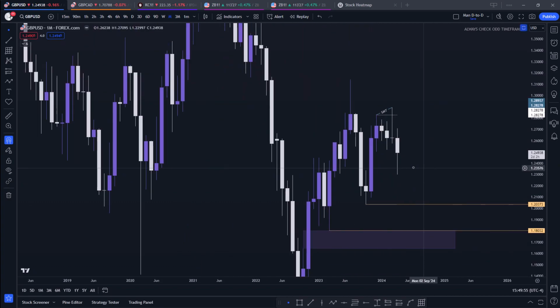Again, looking at the monthly chart, we have a BPR here. The monthly candle should be closing in the next 2 days. So if we close without closing below this buy side imbalance, sell side inefficiency, it might suggest us climbing higher to clear this buy side liquidity. So the monthly closure will be very important for us to see where the pound might be